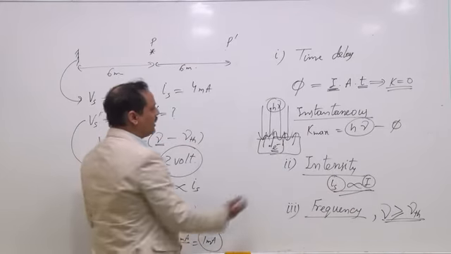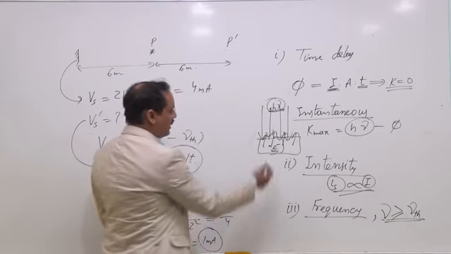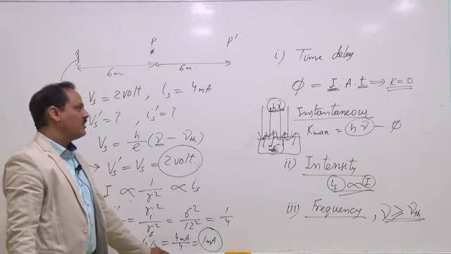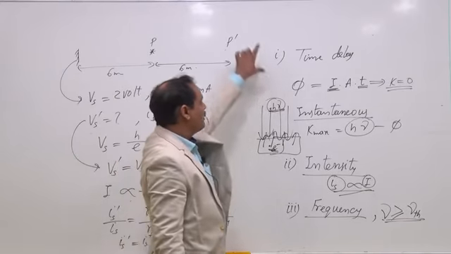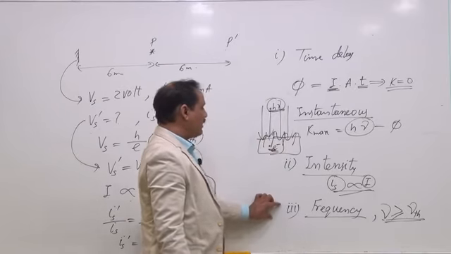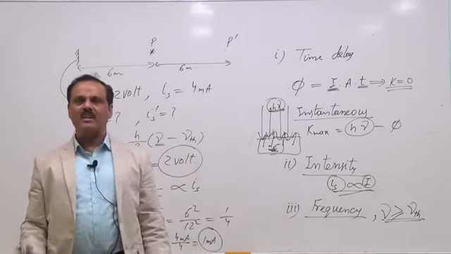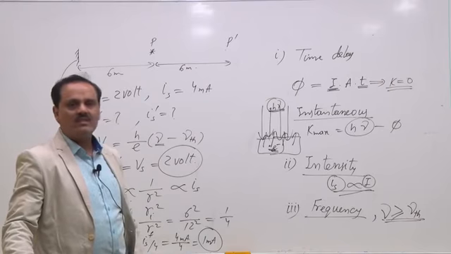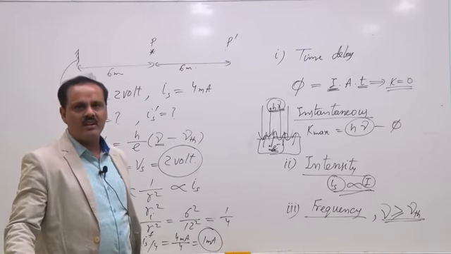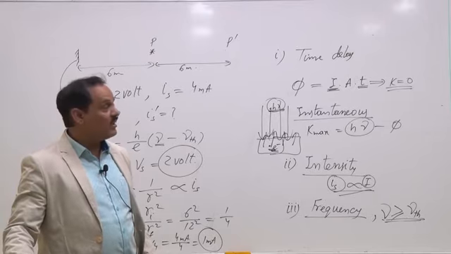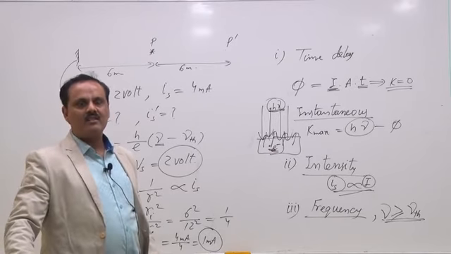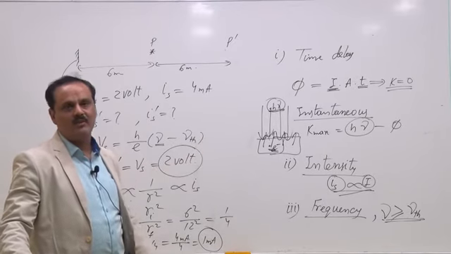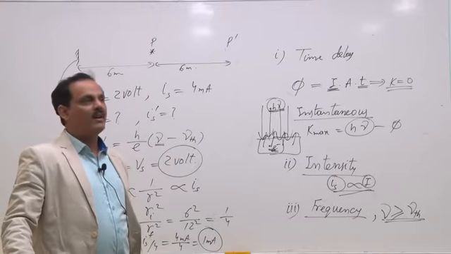What does it mean? If the packet of energy is sufficient, electrons gain sufficient energy in one go, and only then can they come out. So all these problems, the time delay, intensity and frequency, can be explained only by particle nature and not by wave nature. So this was a new, revolutionary idea, known as the dual nature of light. Light has wave nature as well as particle nature. And this phenomenon, the photoelectric effect, proves the particle nature of light.